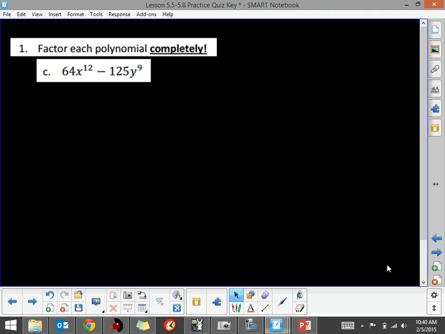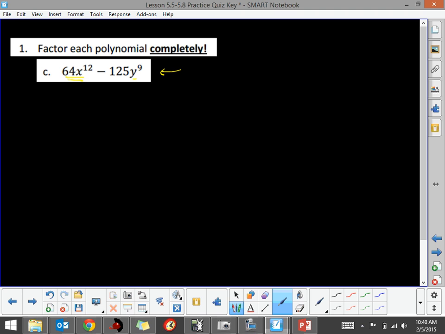In question C, again, you should be scanning quickly for any greatest common factors, and whether there are any common factors of 64 and 125. Then go through your lens. It's a binomial, so I've got to be looking for the sum and difference of two cubes or the difference of two squares. So this looks like a pretty good candidate for the difference of two squares until I start